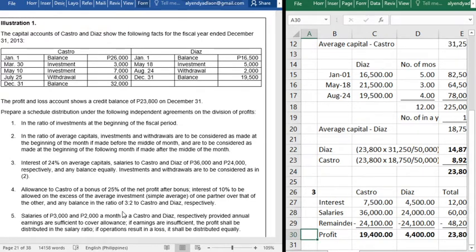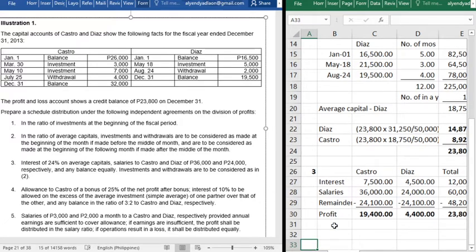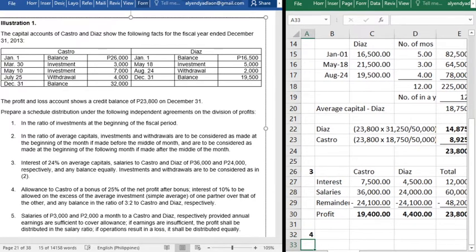So let's proceed to the fourth one. Allowance to Castro of a bonus of 25% of the net profit after bonus, interest of 10% to be allowed on the excess of the average investment of one partner over that of the other, and any balance in the ratio of 3:2 to Castro and Diaz respectively. Okay, so here there is a bonus, and then there is an interest, and balance. So for number 4,